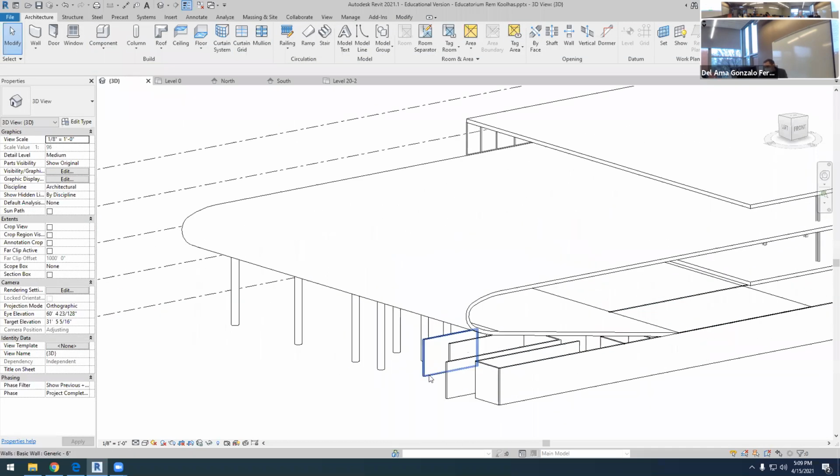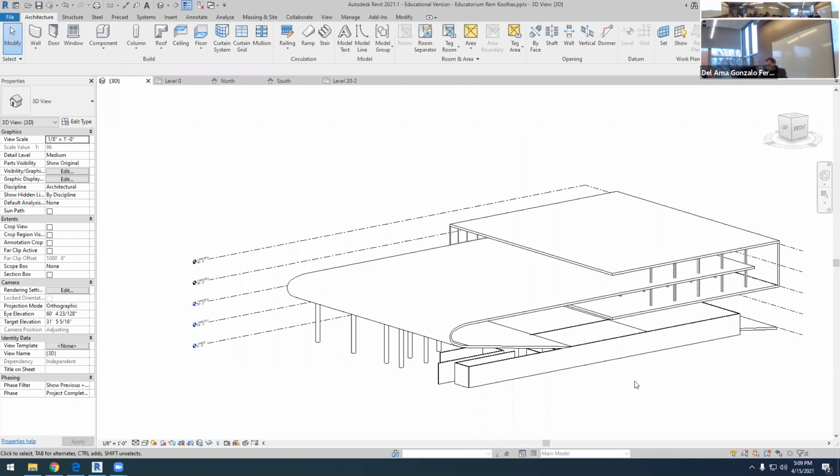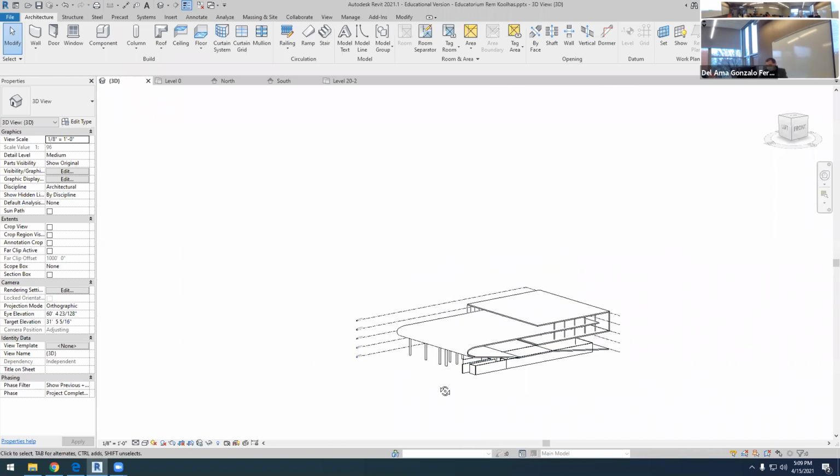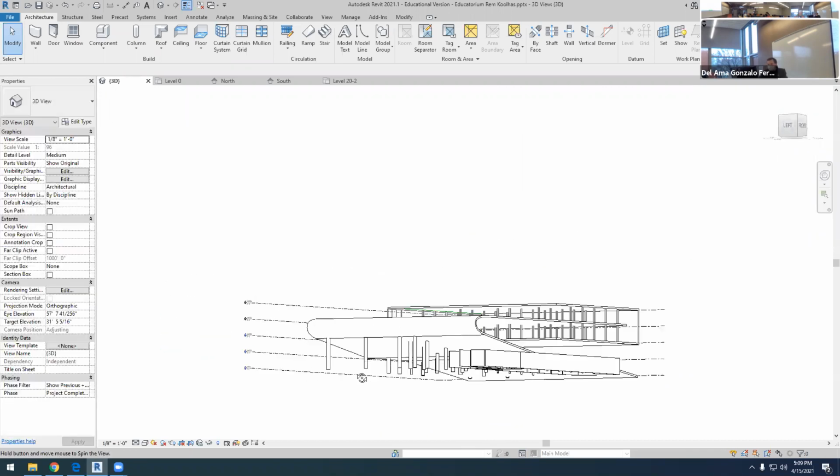I'll find out. Anyway, we have traced these walls,